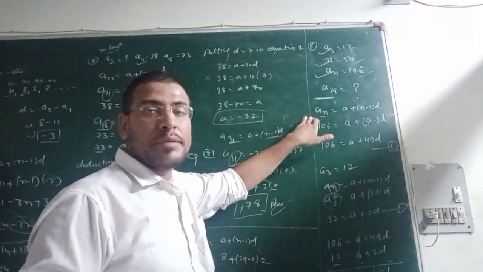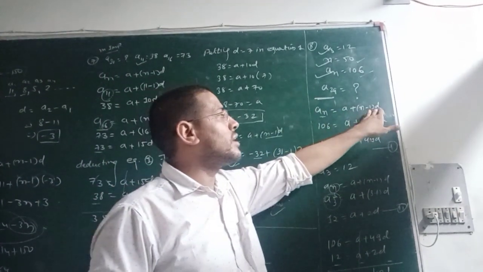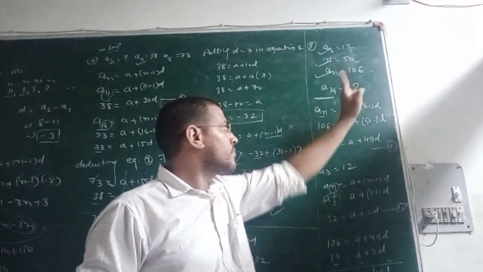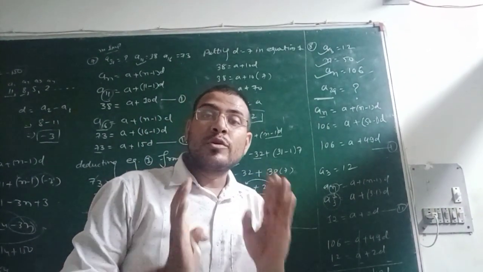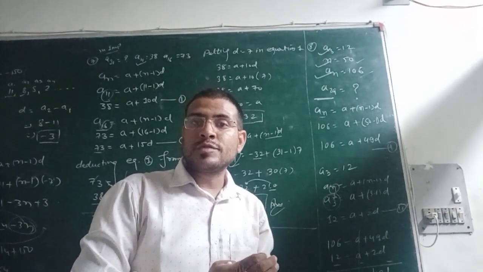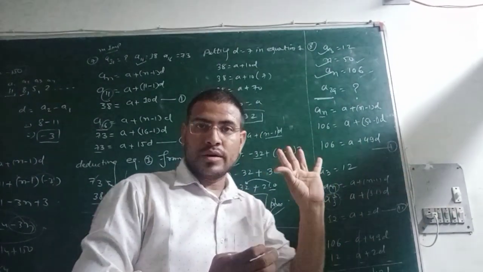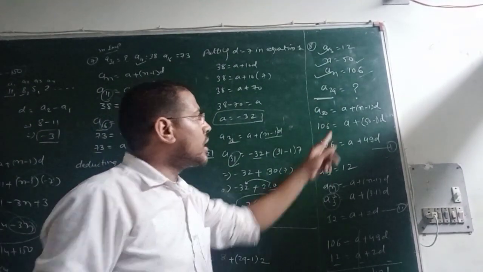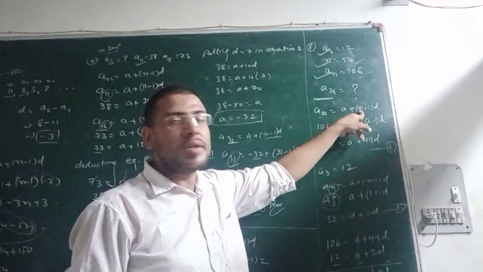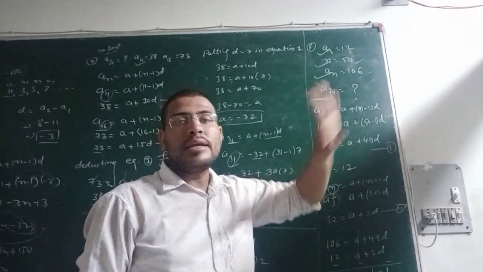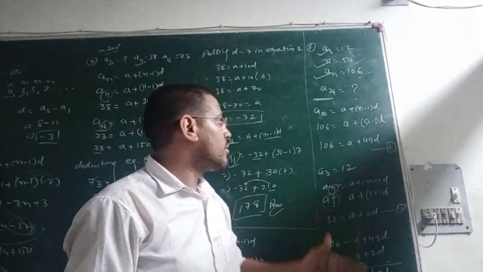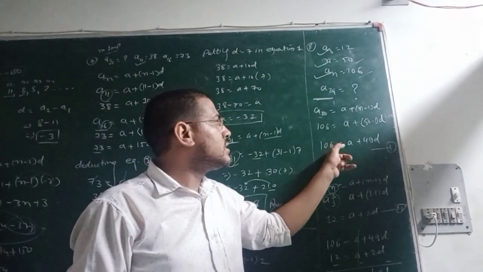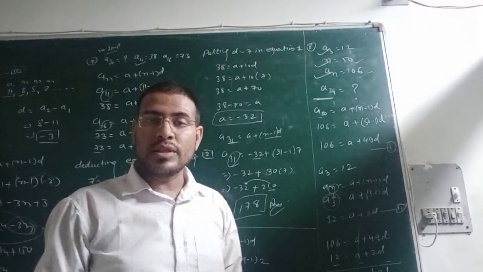So what is the formula for arithmetic progression? An is equal to a plus n minus 1 d. So the last term that you have given is 106. And it is also given that there are total 50 terms. So 50 terms means what? So n is equal to 50, right? So it is exactly a50. So a, that is not given to you, plus in place of n we will put 50 minus 1, and d stands for difference, but d is also not known here. So 106 is equal to a plus 50 minus 1, 49d. So 106 is equal to a plus 49d. This is our equation number 1.